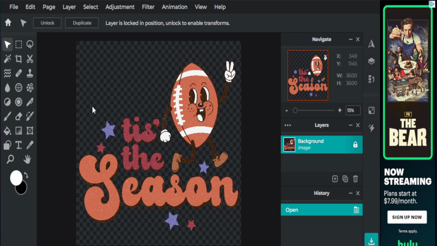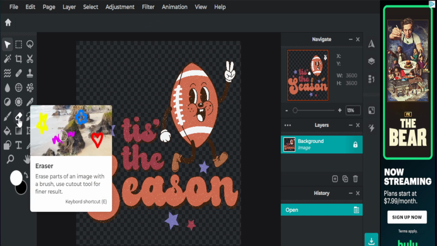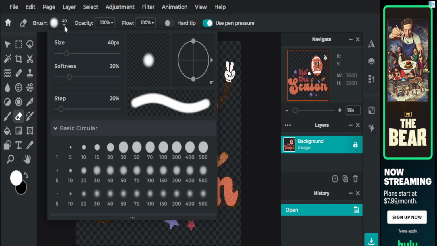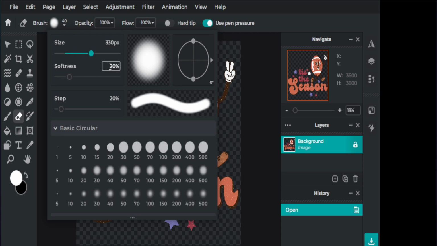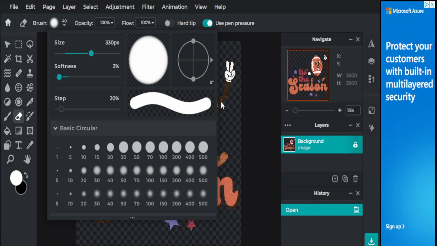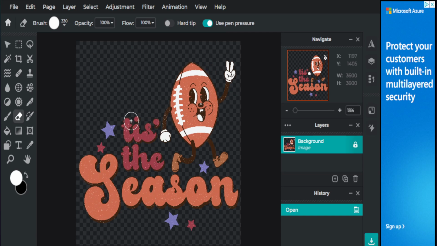Now what's great about this program, I can go ahead and go to the erase tool here, and this will allow me to erase anything that's on my image. Now my brush here is kind of small, so we're not really going to make a huge impact on our pre-made design. So I can go up to the top here and it says 40, that's the radius of my brush. I can actually increase the radius of my brush to make it a little bit larger. And the softness here, I want to bring this down a little bit lower because anything that I hover over, I want this to be immediately erased. Now I have the radius of my brush increased, and now I'm able to click on my mouse and remove